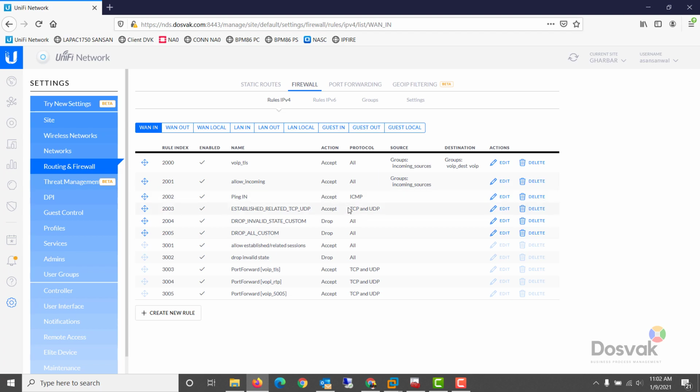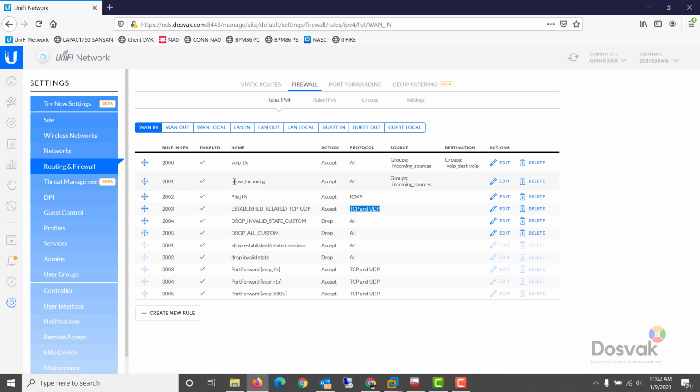Another thing you will notice here is I only allow TCP and UDP. There are tons of protocols, for example 6in4, 6to4, Teredo, and other protocols. We generally want to filter out all those protocols from going out and coming into our network. A good way to do that is to just allow TCP and UDP, and everything else is blocked for established related, so you are effectively blocking all the other protocols from your network.